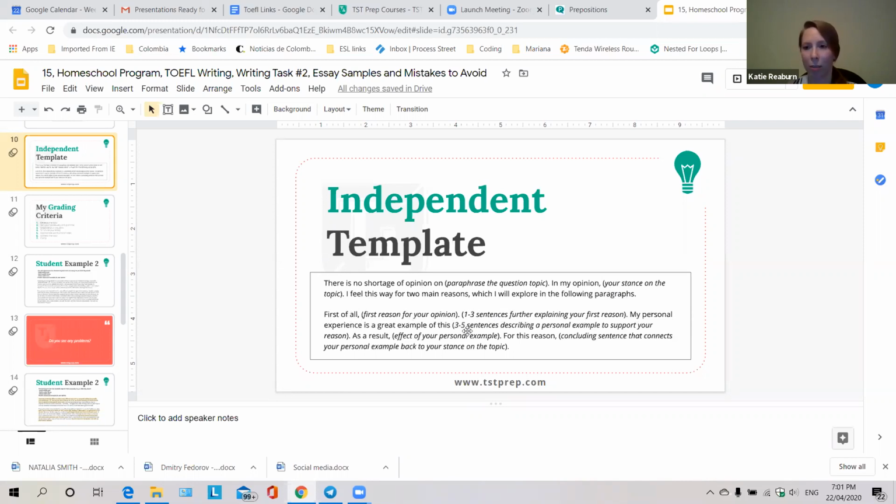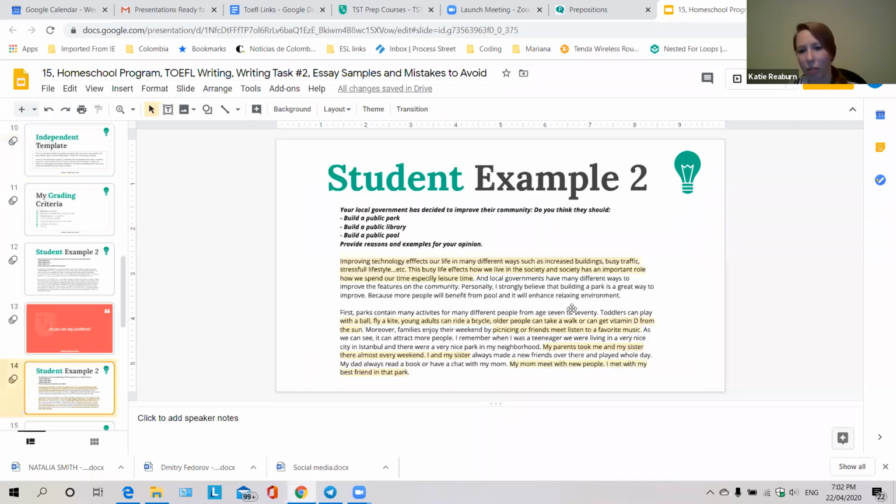You're really, really building that full picture for the person reading to be able to fully see what you are talking about and to believe you, to think that your reason is great and to think that the way you have expressed yourself has really supported this, and to come away believing what you have said. Maybe not agreeing, but they believe you. So looking back here, we can see that it is not flowing so well.